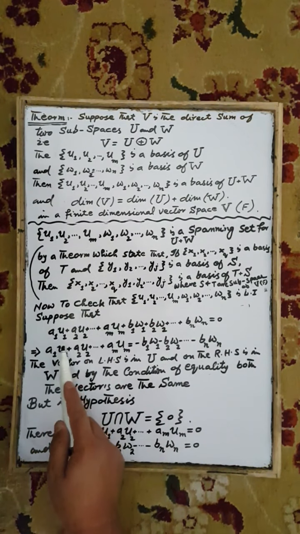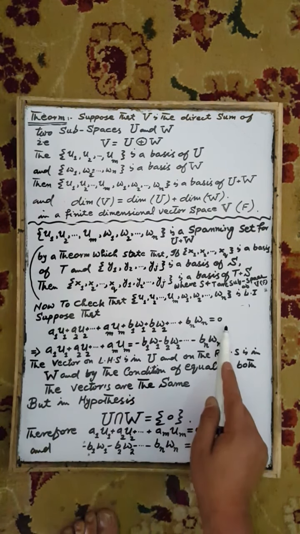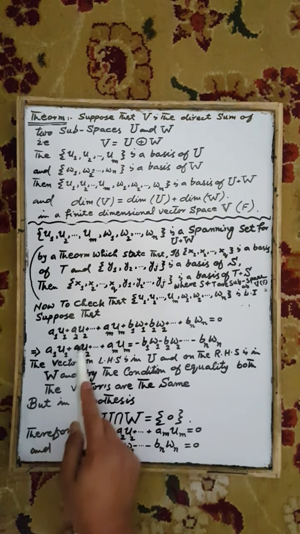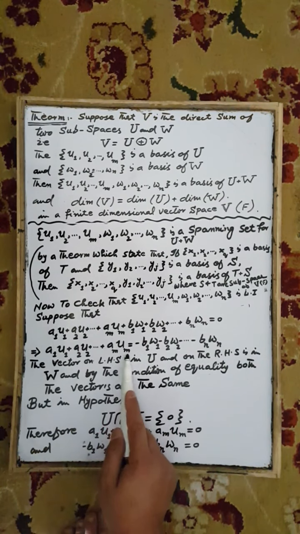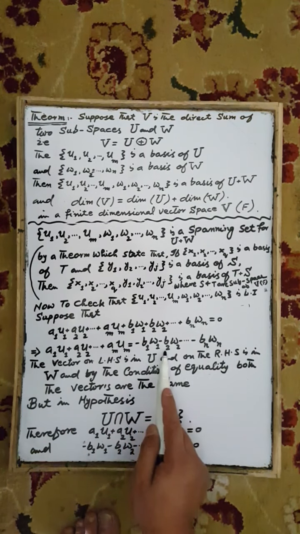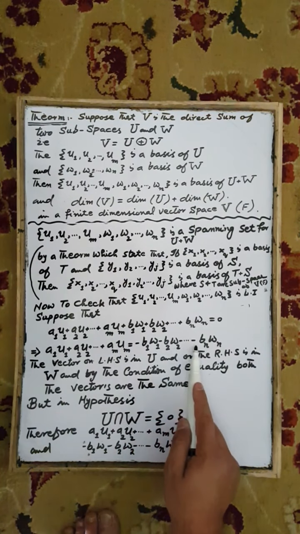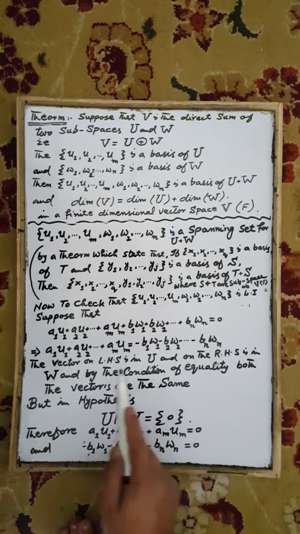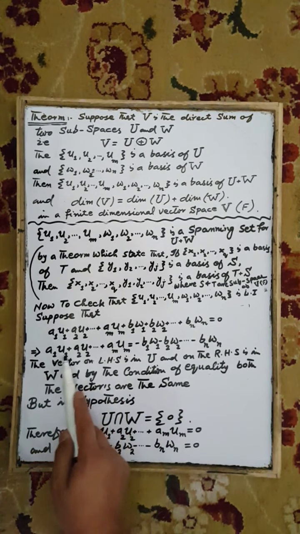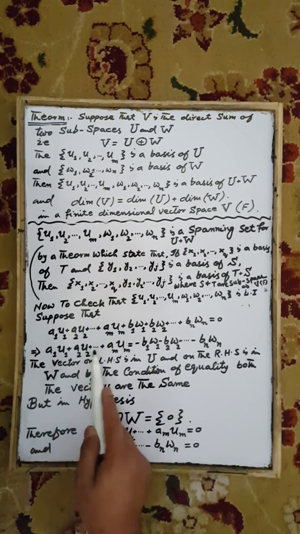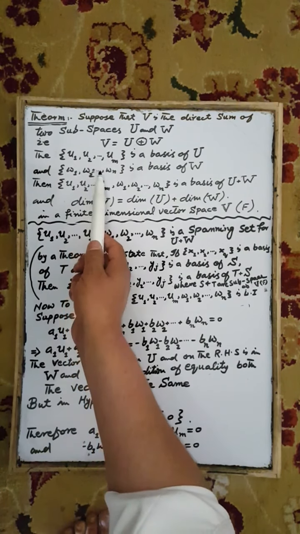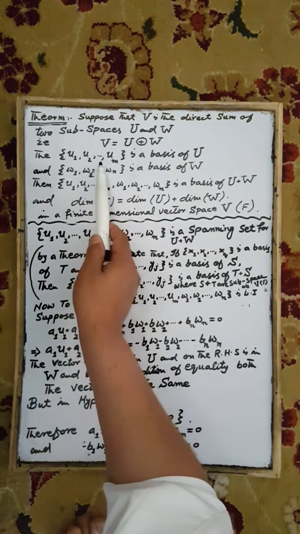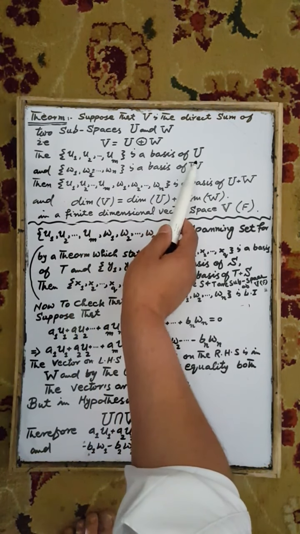Suppose that the linear combination of these elements is equal to 0, which implies we can rearrange. We have a1 u1 plus a2 u2 plus up to am um is equal to minus b1 w1 minus b2 w2 minus up to bn wn. Now the elements on the left hand side are the elements of the basis of this set